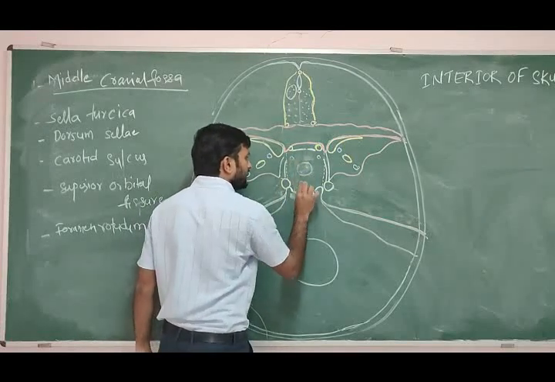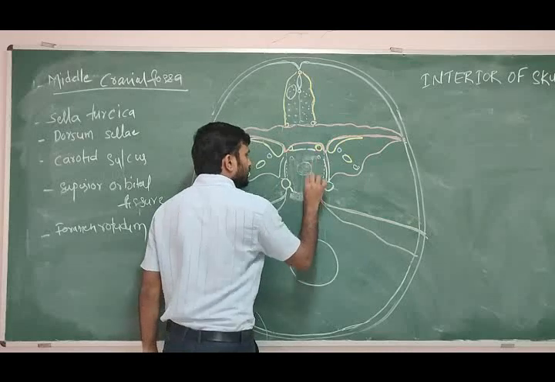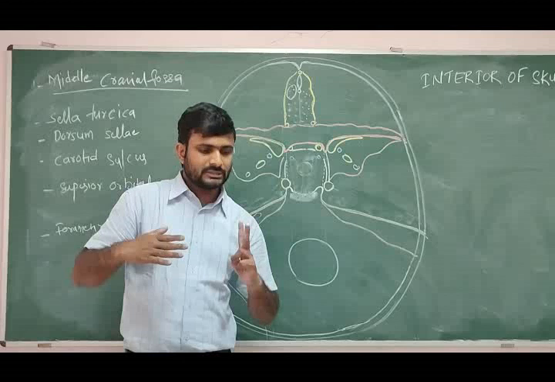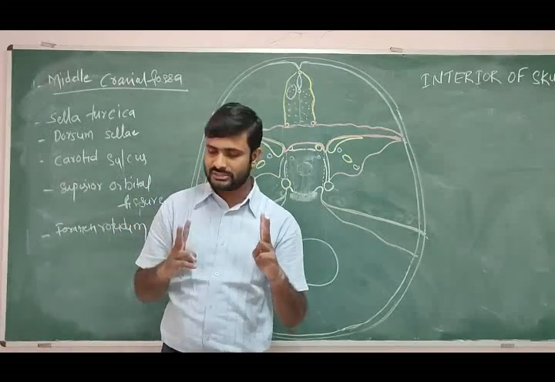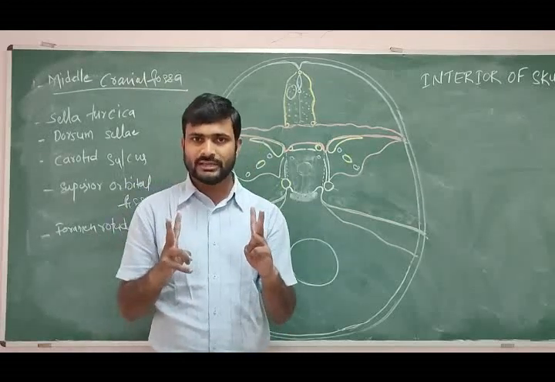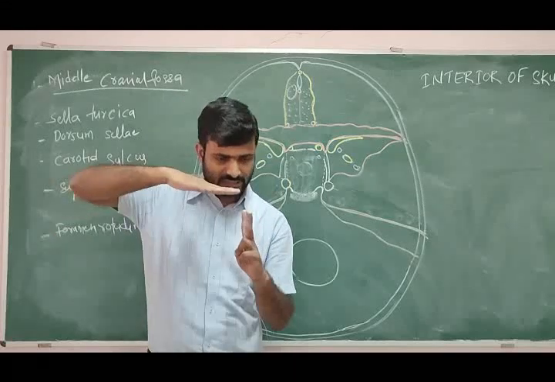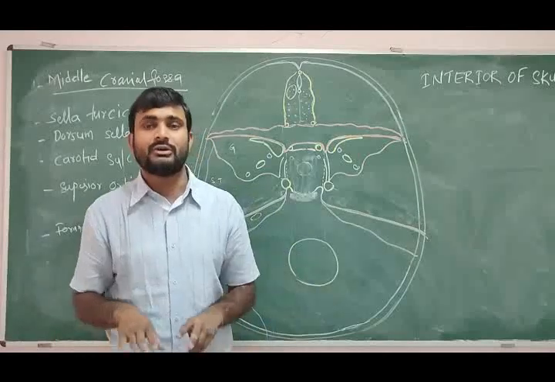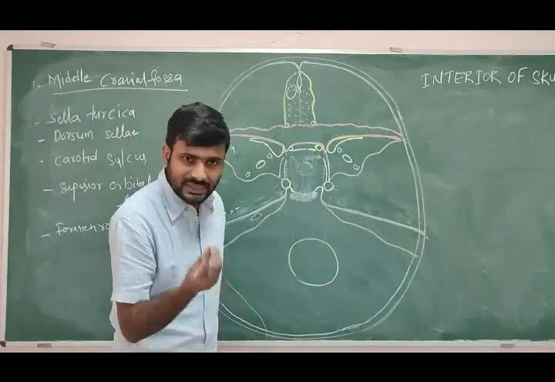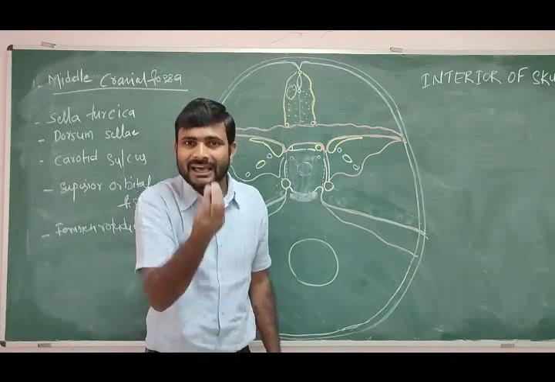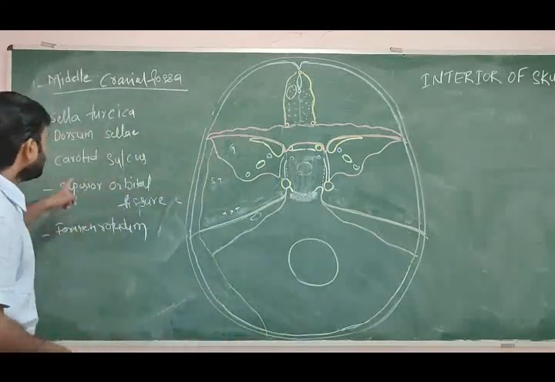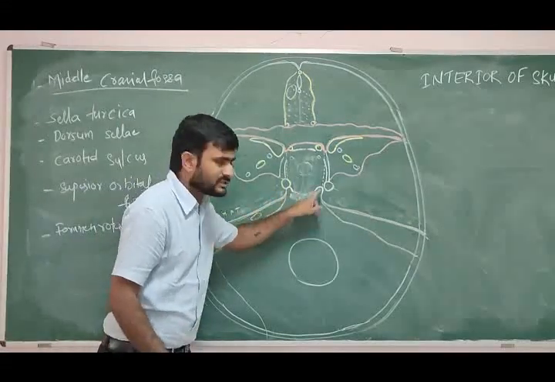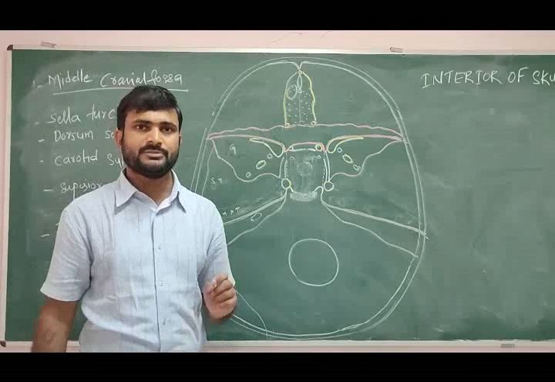That is completely covering. This is called the diaphragma sellae. For example, these two fingers are the middle clinoid processes. These are the posterior clinoid processes and the diaphragma. This part here is completely covered by one diaphragm, that is called the diaphragma sellae. Through this diaphragma sellae the pituitary gland rises. Then next, after the posterior clinoid processes, we have one more attachment, that is called